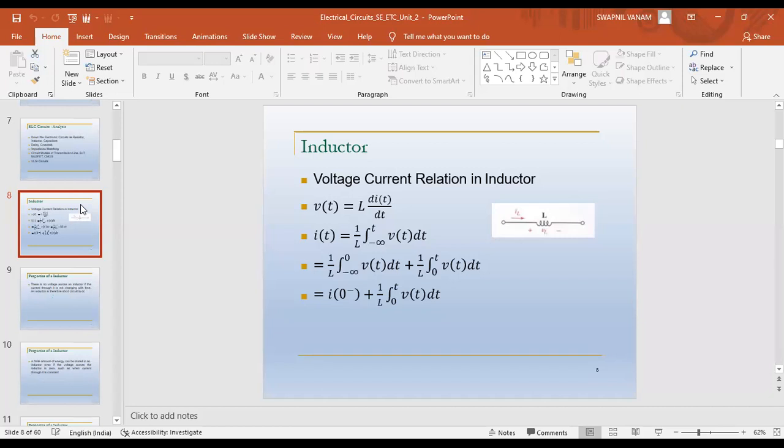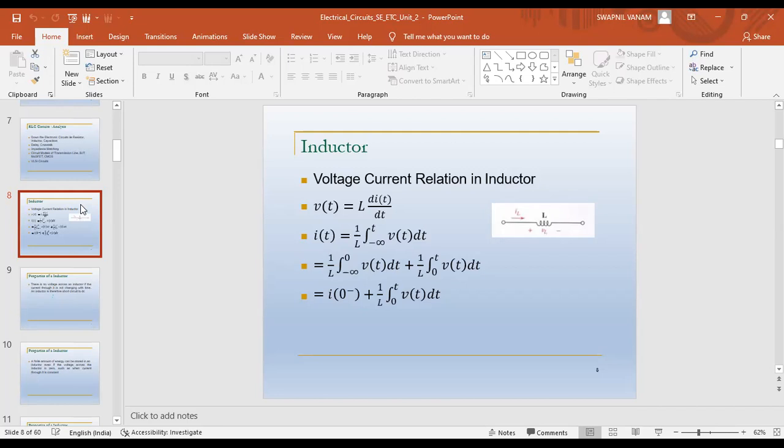The response or the output of the network during the transition period is called the transient response of the network. Are you getting my point? Whenever the output of the network changes or varies during the transition period, it is known as the transient response. If after the transition period the network condition is not disturbed, then the network attains a steady state at infinite time.